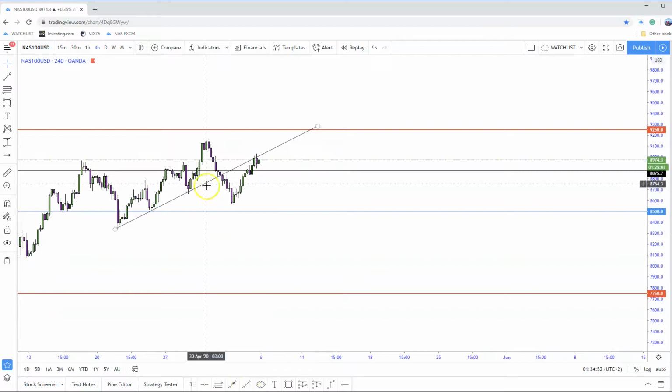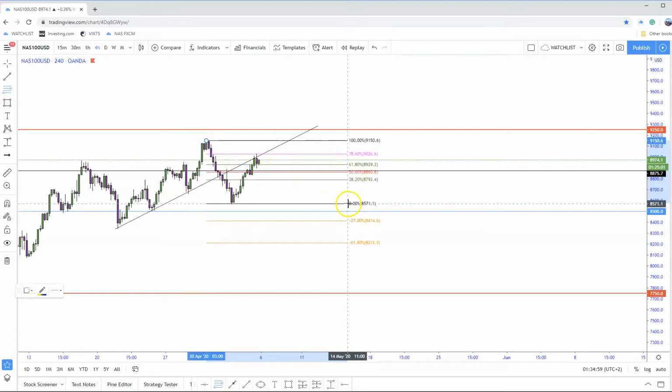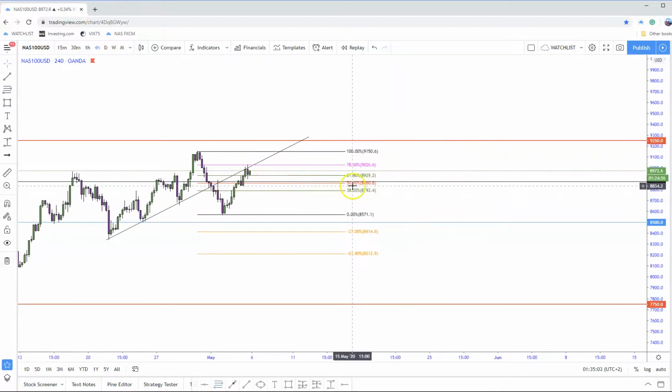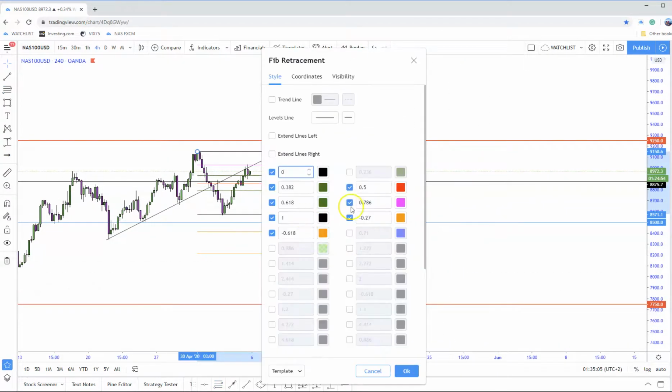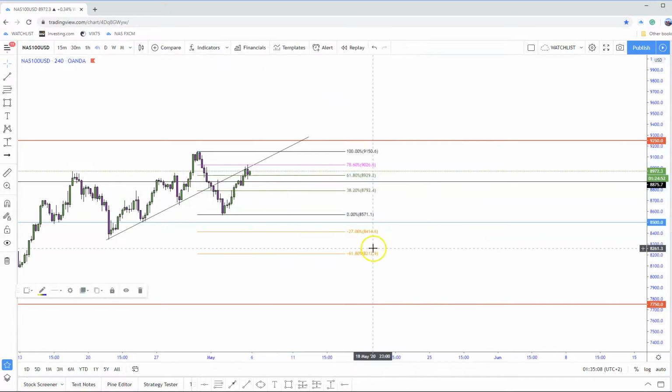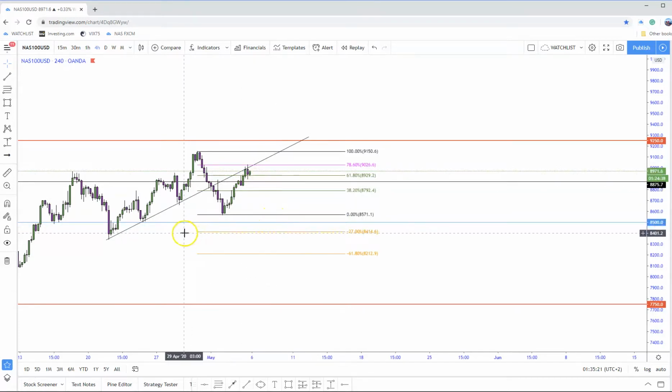Take out your fib. From A to B. So you can use these levels to help you. I hate the 50, let's take the 50 off. To determine break of structure, as you can see, retest the back end of the trend line, spinning tops. Okay, if you were to sell from here, and let's just say, for example, your TP was at 8414,